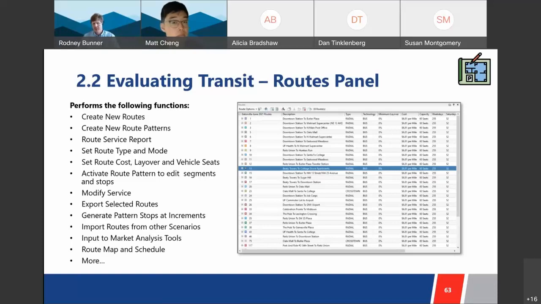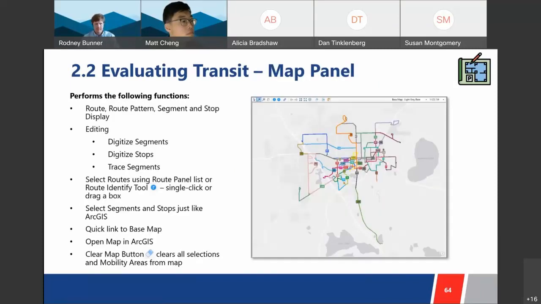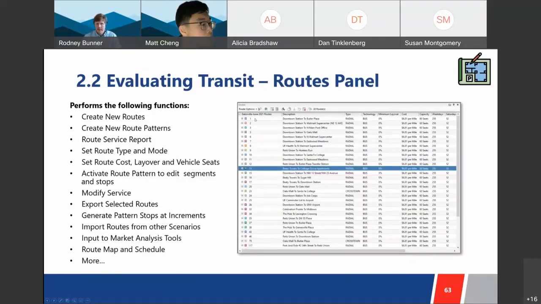So you have lots of tools for managing routes as well. You can create new ones. You can add patterns. There's reporting characteristics here. You can modify the service. Lots of tools that we'll go over here and interact with directly as well. So any route that you have in your list is also displayed in the map by default. And you can see that the color coding here in the map is relative to the color code defined for each route itself. So over on the left-hand side, you see that this is kind of a mode